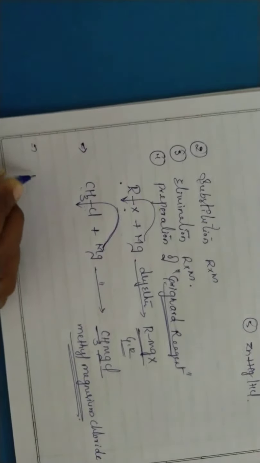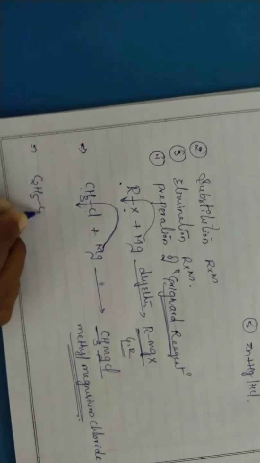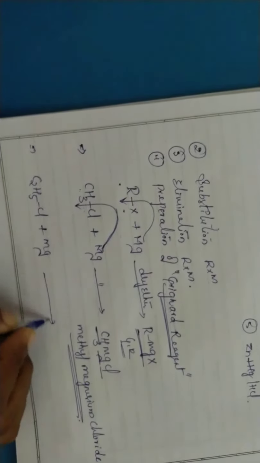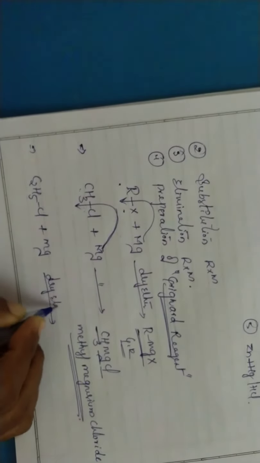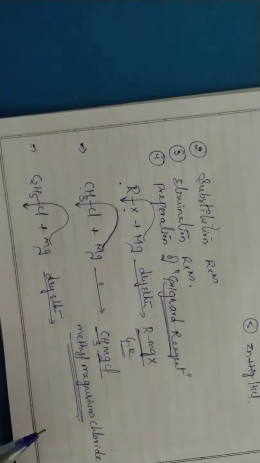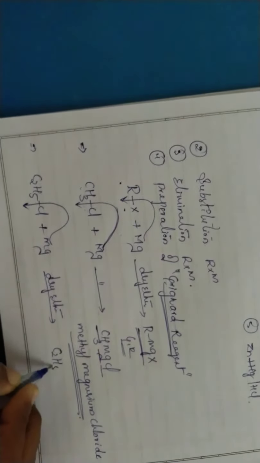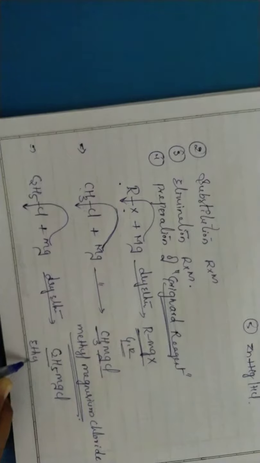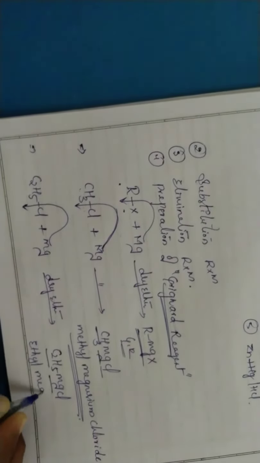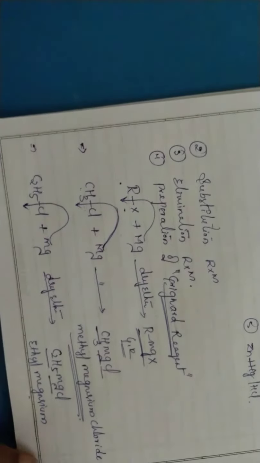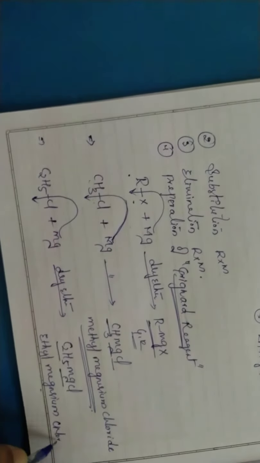Not only methyl chloride, if you take C2H5Cl, that is ethyl chloride, and it reacts with magnesium in the presence of the same dry ether, what will we get here? This magnesium will insert between the ethyl group, that is the C2H5 group, and the chlorine. We get C2H5MgCl. C2H5 group is called ethyl, Mg means magnesium, and Cl means chloride.